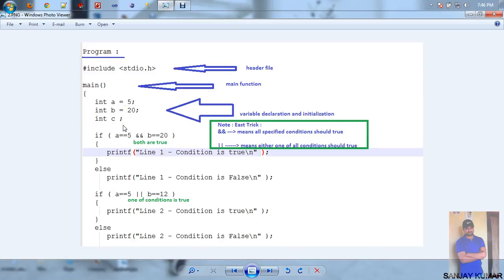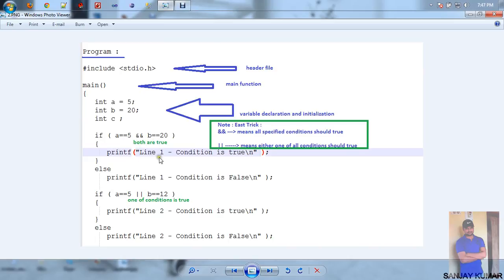Now if a == 5 logical AND b == 20, here is an easy trick: if there is a logical AND operator in any code, it means all conditions should be true to execute the statement. Here are two conditions, a == 5 and b == 20.